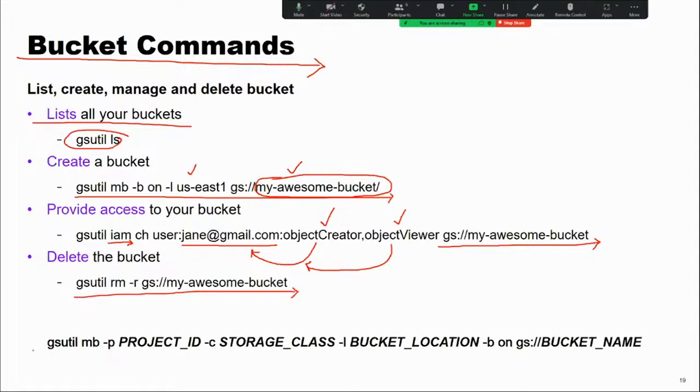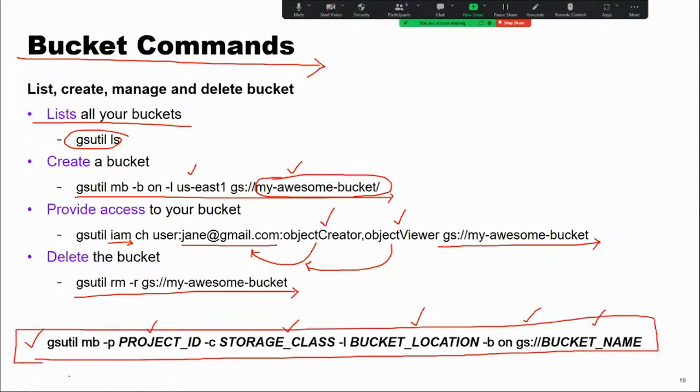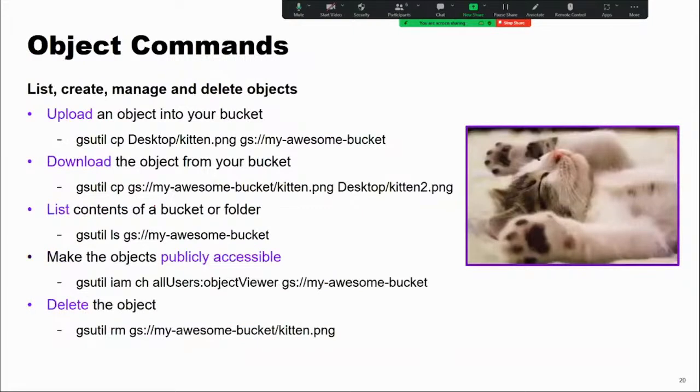Normally if you want to create a bucket, you use a project ID, storage class, bucket location, retention policies, and at the end you mention the bucket name. So this is the code for the entire thing. And after that, we will also see a few commands related to objects, sir. If you want to upload an object from your machine to the bucket, this is something. This is from the desktop to your storage bucket.